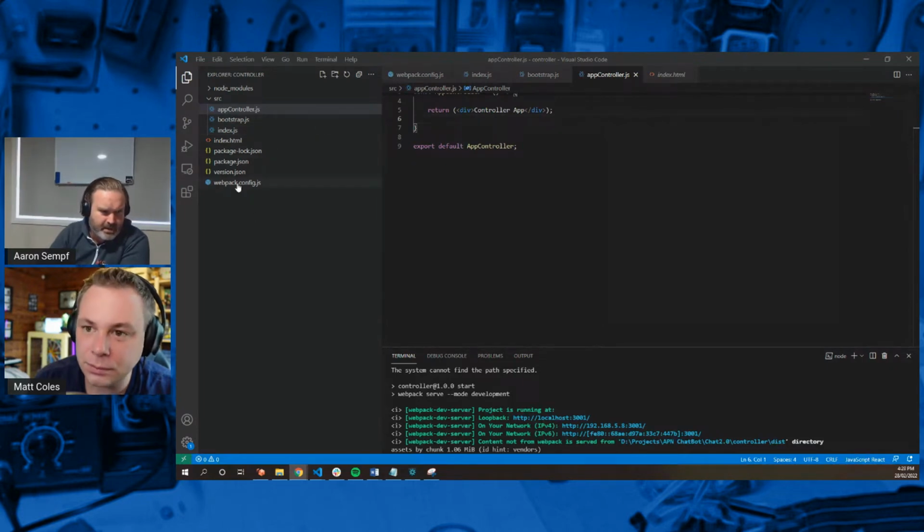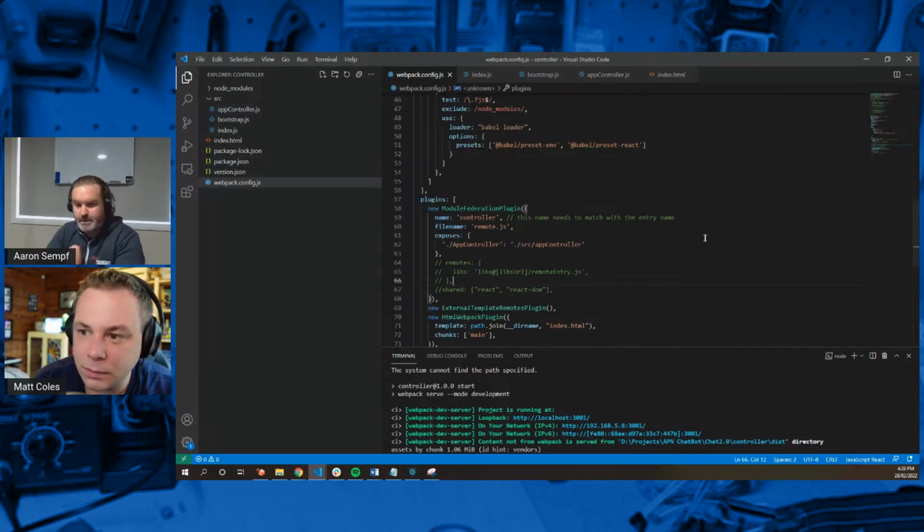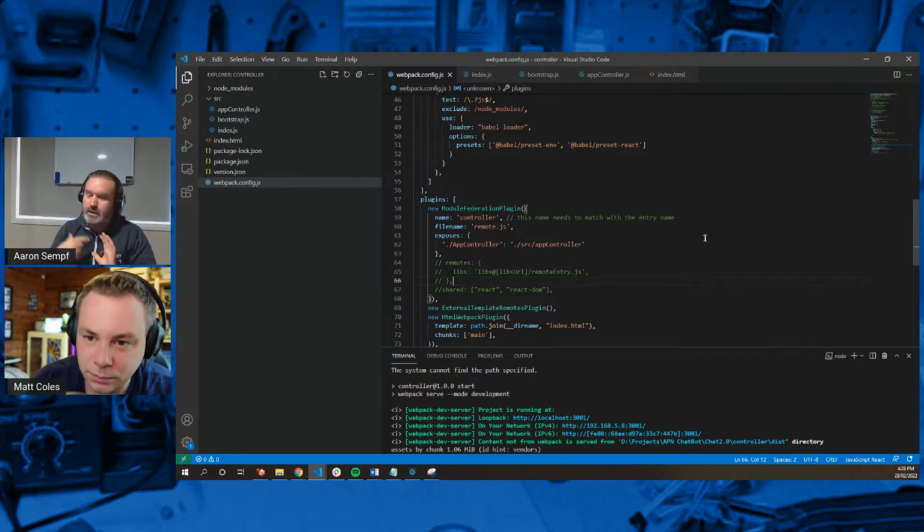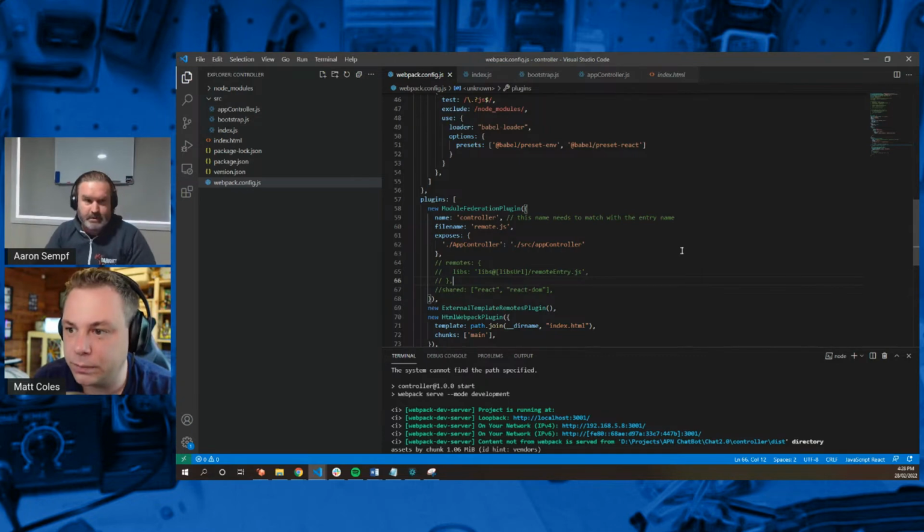So what I mean by that is I'm actually using Webpack to do the actual federation. The same way that we chunk files when developing a single page application, we chunk multiple files out so that we only load them when they're needed, as opposed to loading everything at once. And we're doing a very similar thing here with the